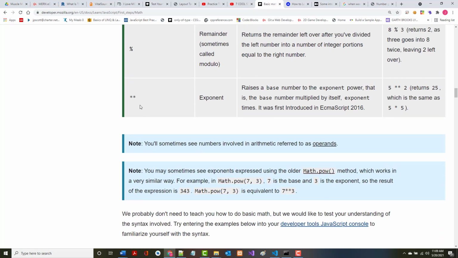The exponent operator is actually fairly new. Notice it was introduced 5 years ago in ECMA. ECMA is the European Computer Manufacturers Association, which kind of is the governing body for all things JavaScript. But it's got this. Now, it used to be